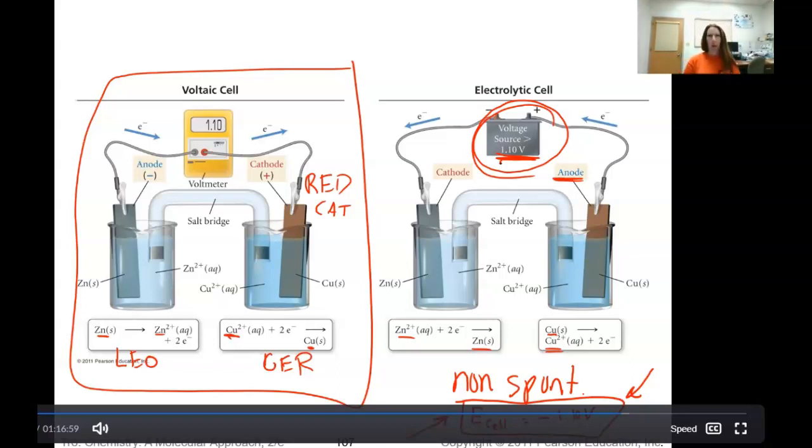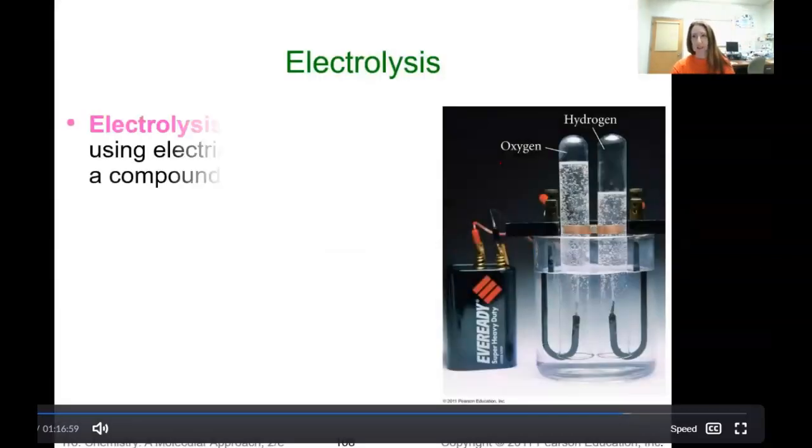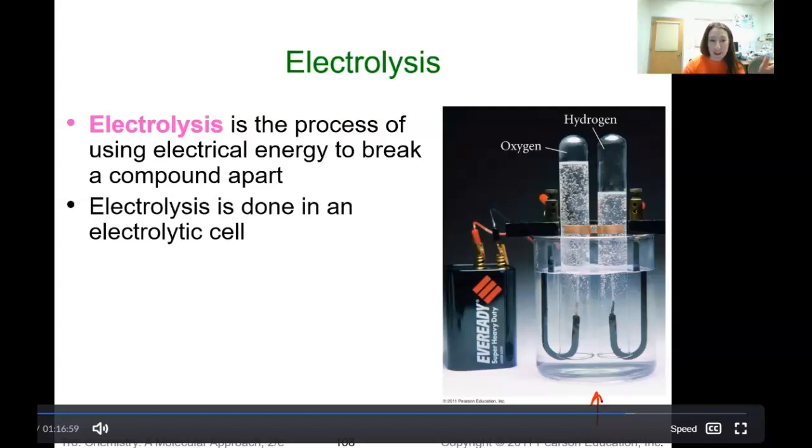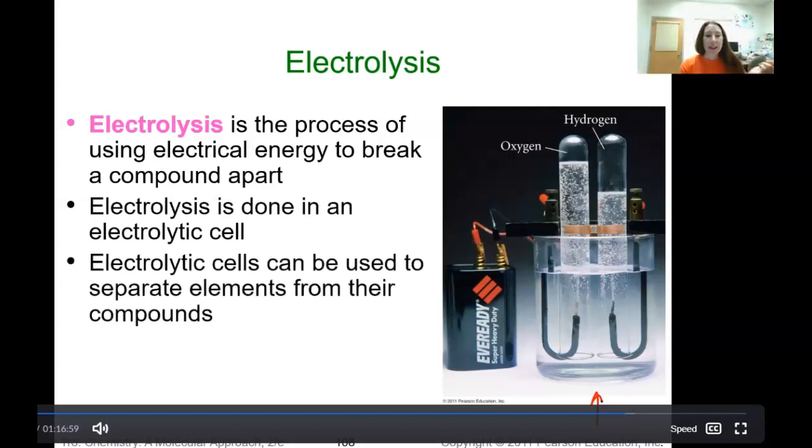And some people are like, well, why would you want to force it to go backwards? Oh, you can do so many fun things making it go backwards. So, for example, you can do this, which is actually super fun. Usually we would do this. I do this with pencil lead, which even makes it more fun. You can split water, right? Using electrolysis, we can split water. We can break it apart. We can